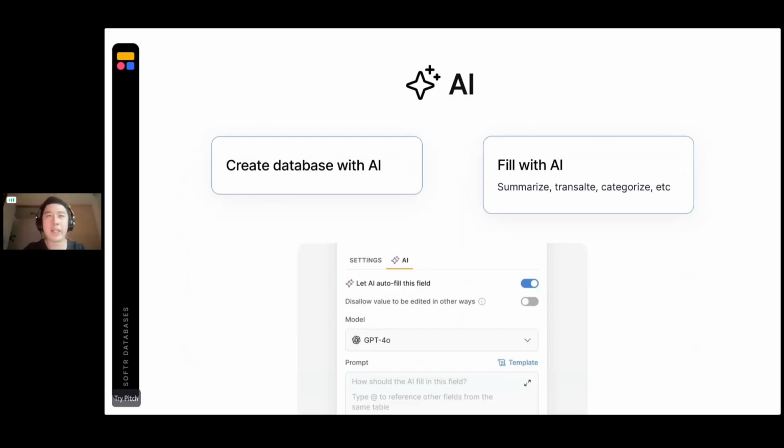Next up is AI. We're probably going to group some things together. We're going to allow you to create a database, the basic structure of an entire base with different table relations, or maybe just one single table with some basic prompt. Another thing is we're going to have fill with AI features. You can use AI to summarize, translate, categorize your options with some basic prompt. You can run it on demand, or let it run on its own. This is something we probably will share more about in the next month or so.